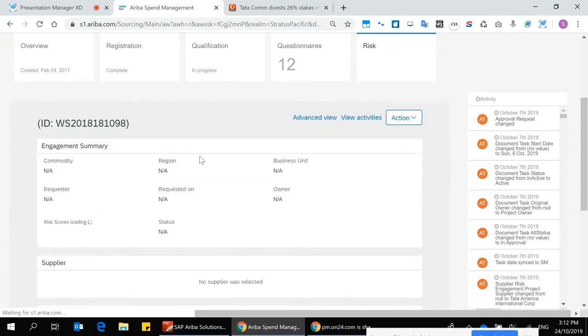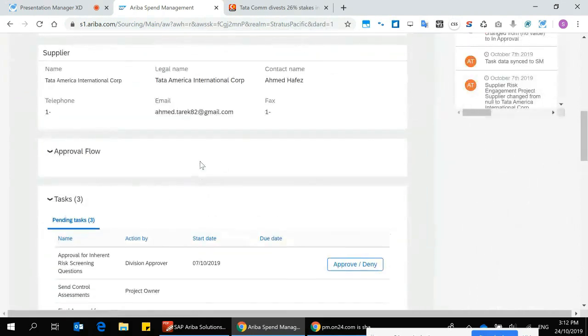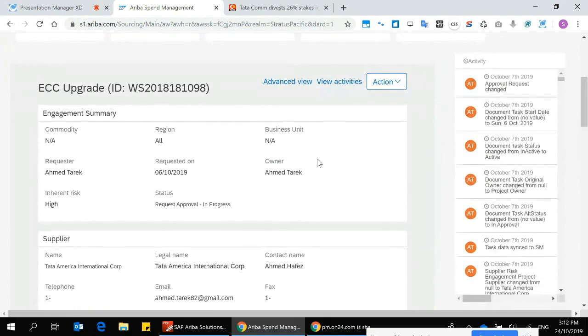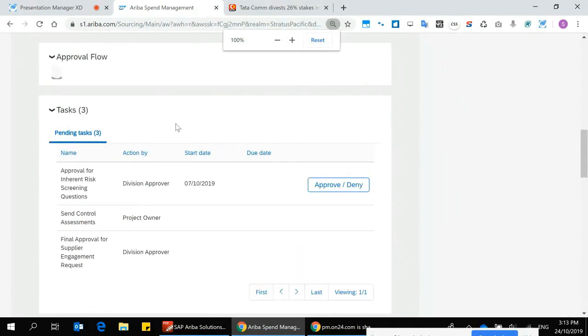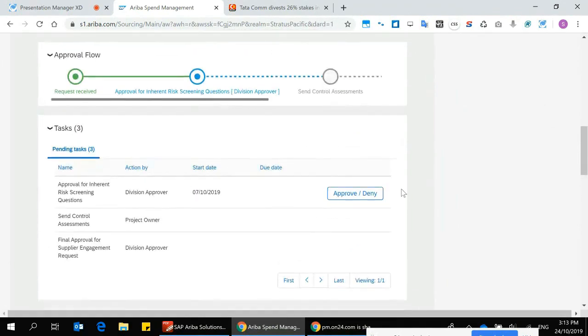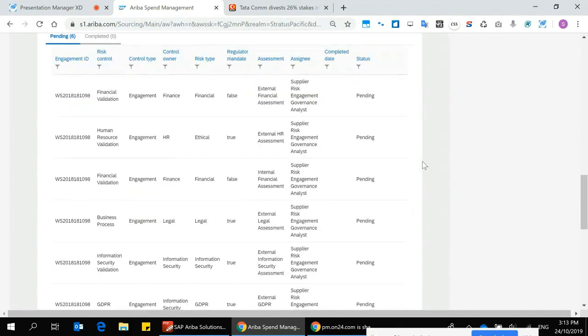If I click into that, that will bring me into this engagement request, and I can see that it's able to support a whole bunch of services through the process of what are we engaging them about, what are we interested in, who the supplier is, what the approval flow might look like, tasks that may require my approving or ability to approve or deny, and we leverage automated system controls to basically drive consistent risk management.